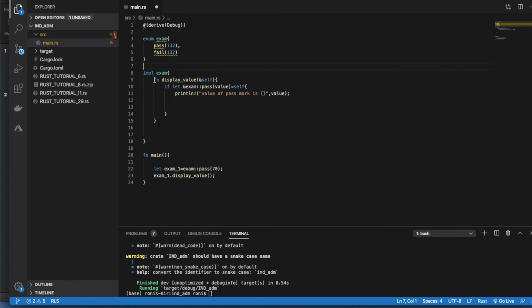But again, in the struct session, we already discussed why you use this self, when to use self, and if you want to use more than one argument, how to do that. So everything is there, and it will be useful if you just try to practice this code, and after that try to create and pass more than one argument from here. You can create one variable over here, and after that try to do this over here.